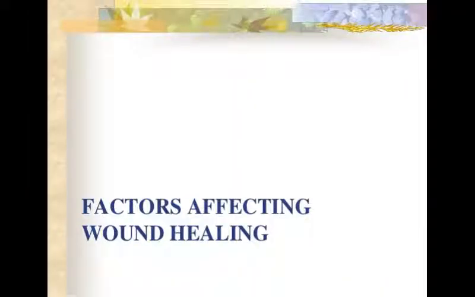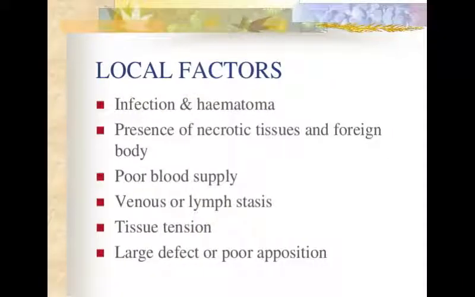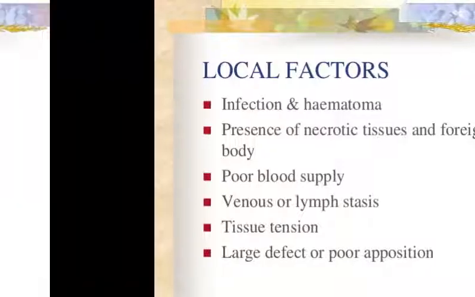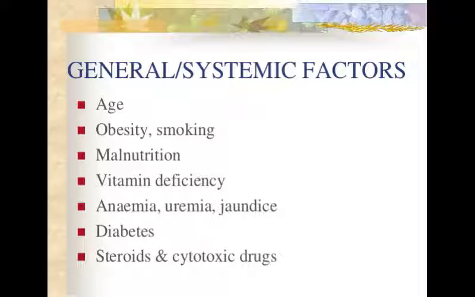Factors affecting wound healing are local and systemic. Local factors are infection and hematoma, presence of necrotic tissue and foreign body, poor blood supply, venous and lymph stasis, tissue tension, large defect or poor apposition, history of irradiation, and underlying disease like malignancy, osteomyelitis, tissue hypoxia. General or systemic factors are age, obesity, smoking, malnutrition, vitamin deficiency, anemia, uremia, jaundice, diabetes, steroids,